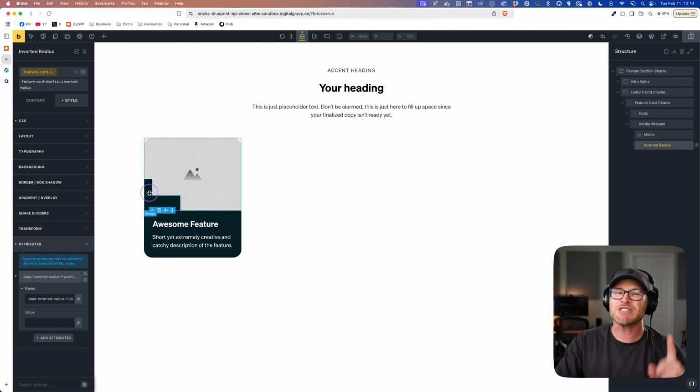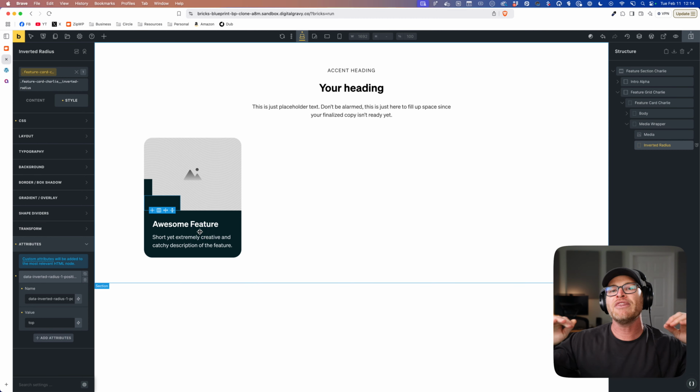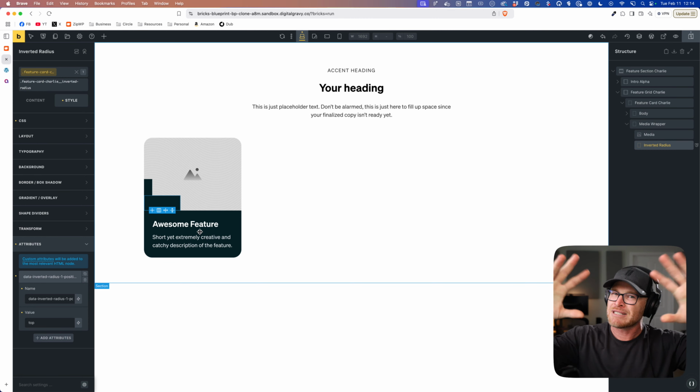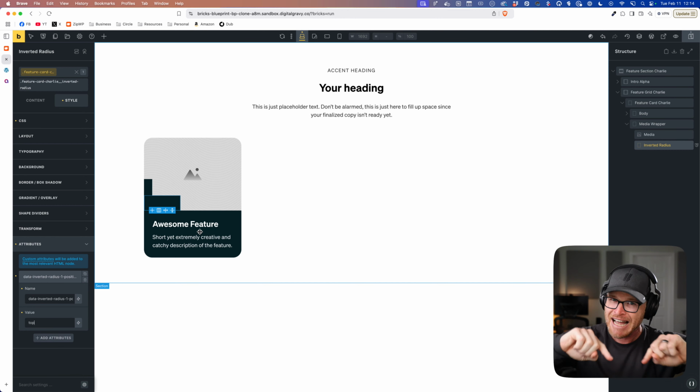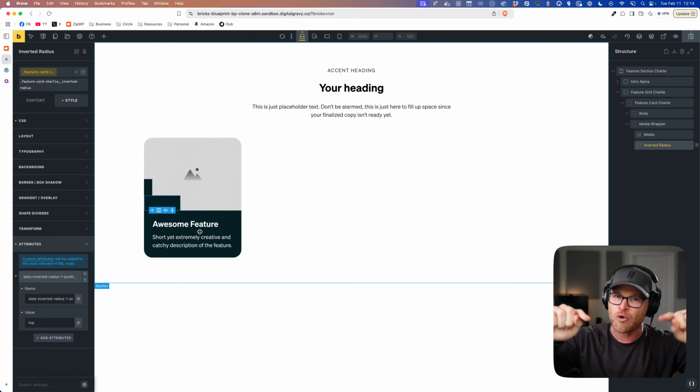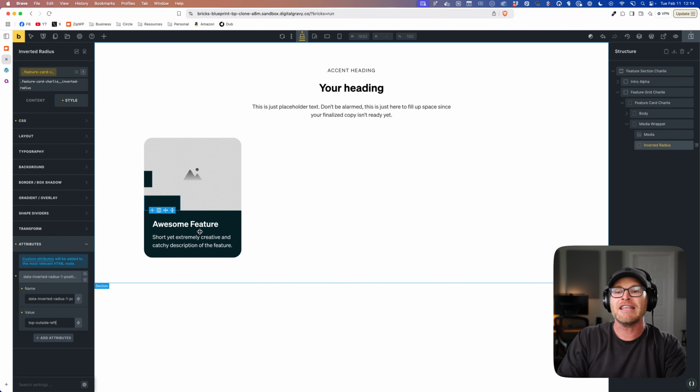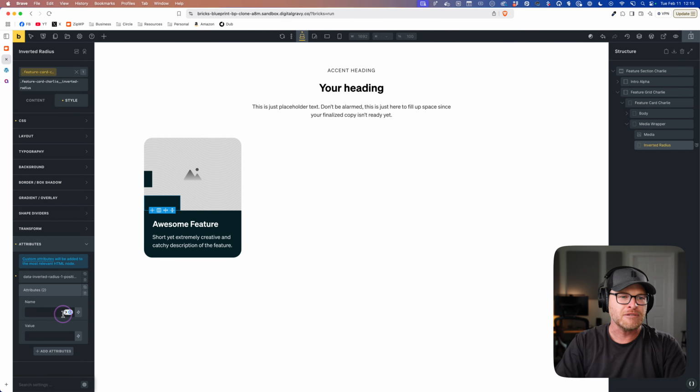Now, because I have a BG, which I don't always have, I will see a little bit of a box here, okay? Now, I wanna position this. Remember our main box that it's attached to, this little div that we added? We are gonna position it on the top, but the top has a question. Top inside the box, or outside the box on the top? We need it to be the top outside. And then is it left or right? So top outside, left. Now, we're gonna come down to the inverted radius.